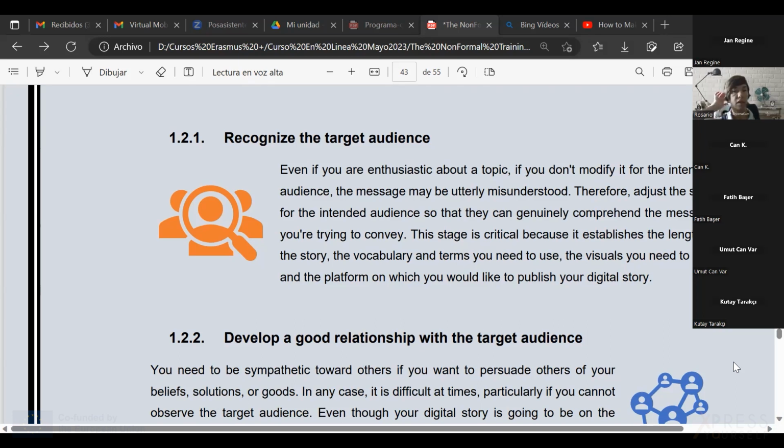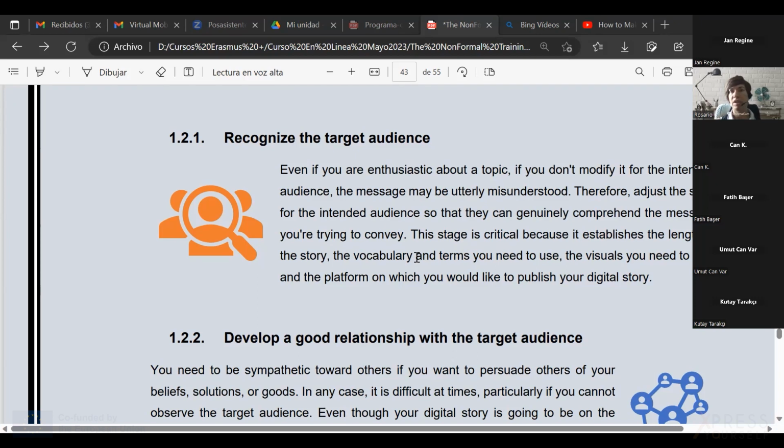Another thing to think of is relating to the visuals. Maybe I want to include visuals related to religion because they are common in my culture, but maybe the culture in which I'm going to share my storytelling has a different religion, or even doesn't like my religion, or they are very close to their religion. So it's an example of how we need to think very well of the audience that we are going to aim our message at.